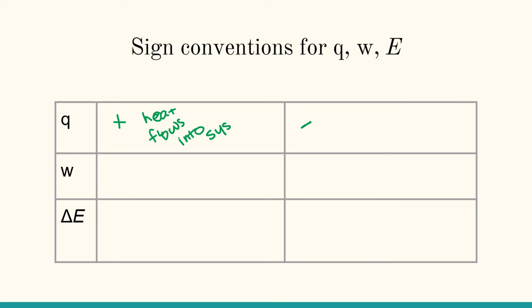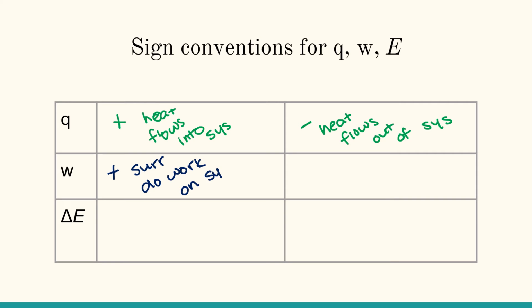If it is negative, that means heat is flowing out of the system. W is work. If work is positive, this means the surroundings do work on the system. If it's negative, this means the system does work on